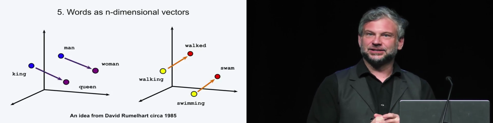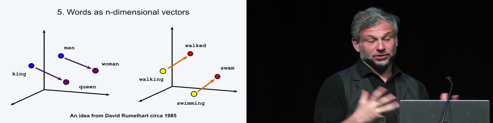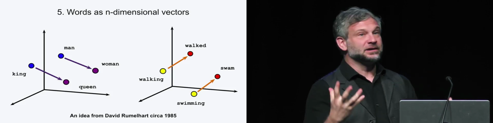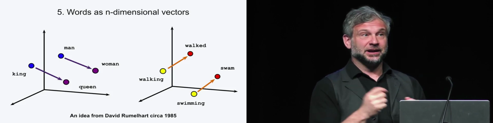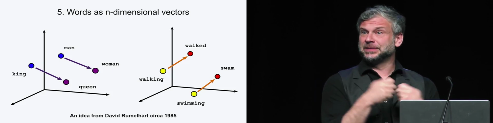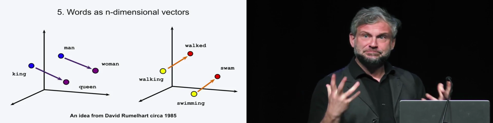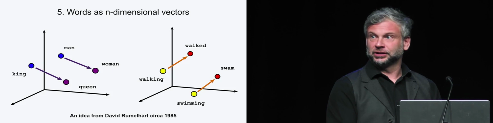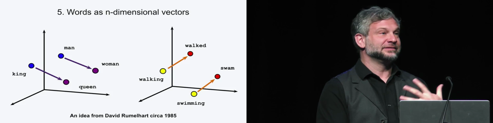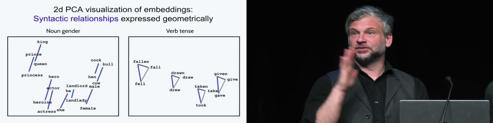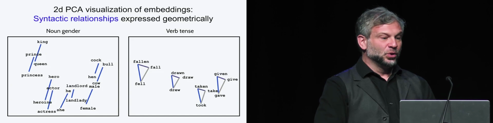But then to the point of getting concepts to be n-dimensional vectors and how it is that this is so powerful. I was actually trained as a neuroscientist, and so I saw this come up as ideas from a long time ago, from the 80s, about maybe concepts could be represented in a dense vector space, and that operators in that vector space, or geometric relationships in that vector space, actually meant something. But that was simply a conjecture. And then lo and behold, when we took these representations that we had learned in a semi-supervised fashion and investigated what was inside by, for example, flattening them into 2 dimensions using PCA,